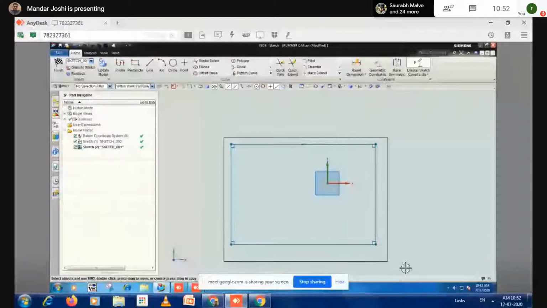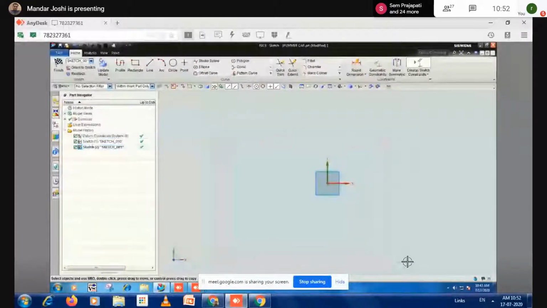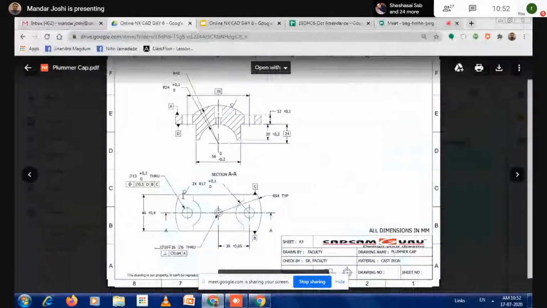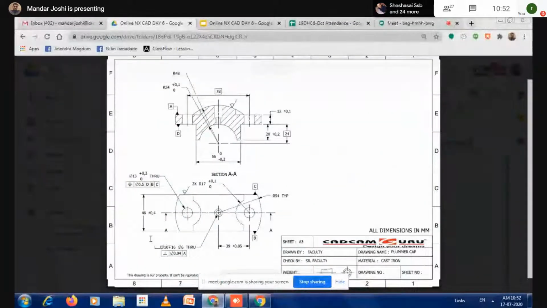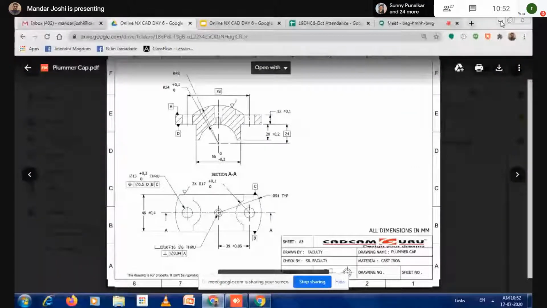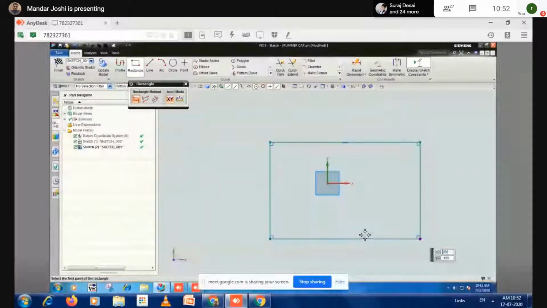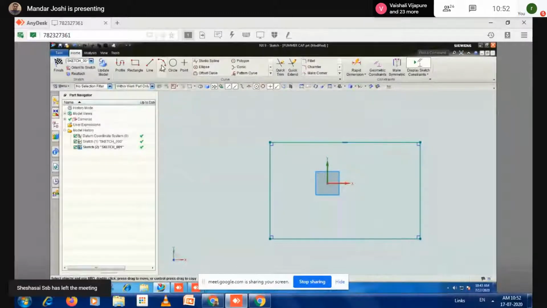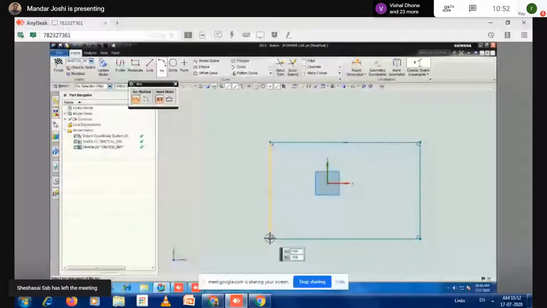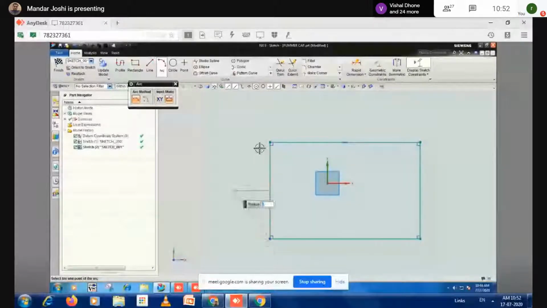Okay, so now what is the first step you have to draw? As per this drawing, you have to draw this outer profile. So I draw first a rectangle, middle, and draw an arc also, passing from this point. 1, 2, 3.